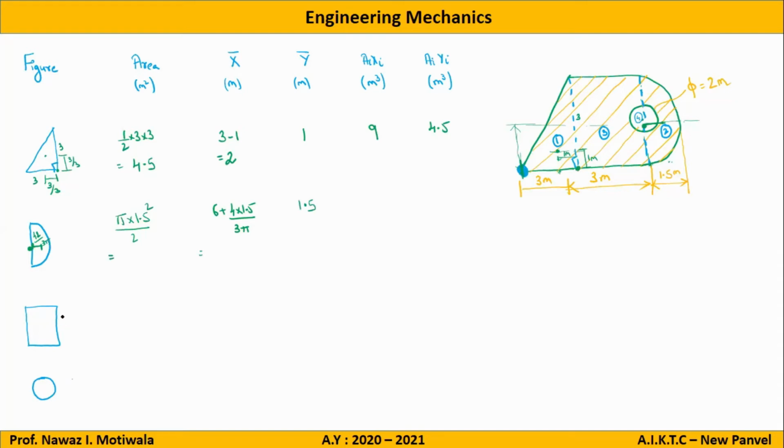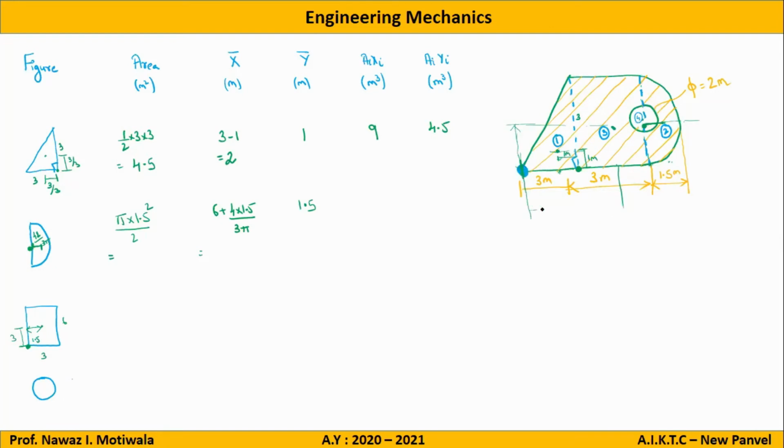Rectangle size is 6 by 3. If I am not wrong, yes, it is 6 by 3. Now we know that the centroid lies somewhere here, at what distance? From here to here it will be 1.5, and from here to here it will be 3. From this point, locate this point here, and the centroid is somewhere here. Now I need to travel from my reference to this point. So I need this distance.